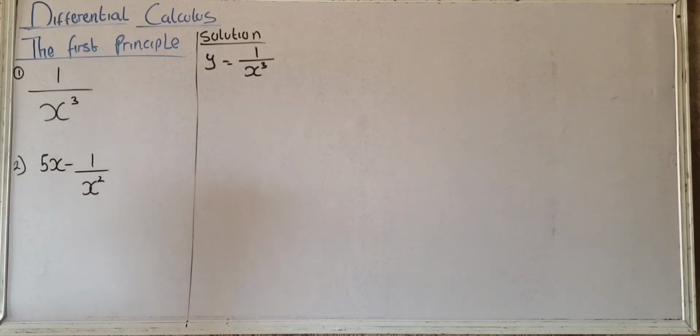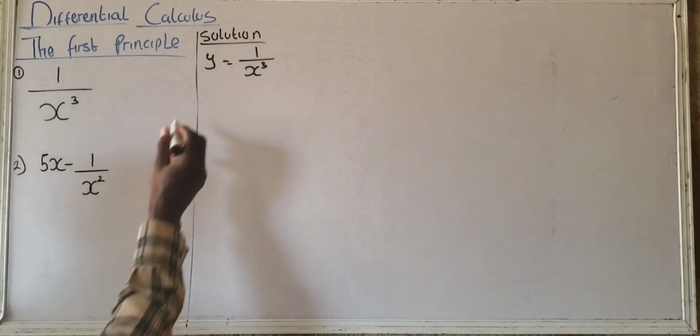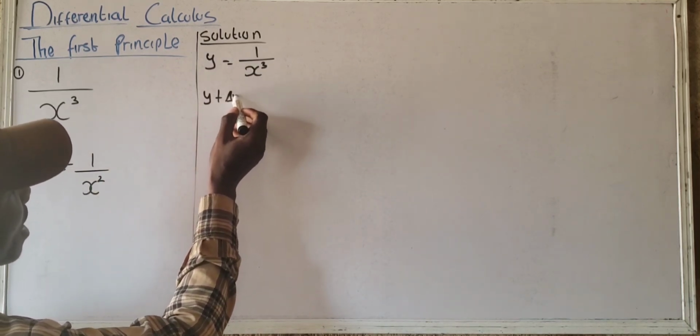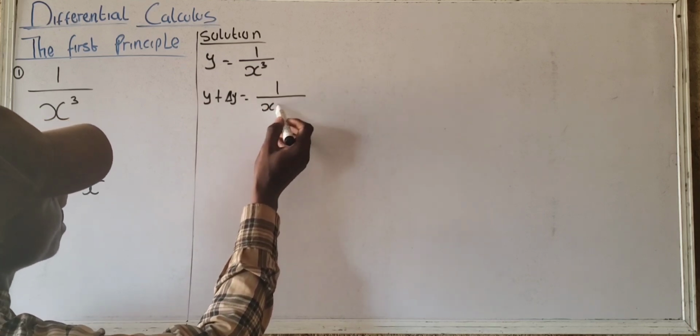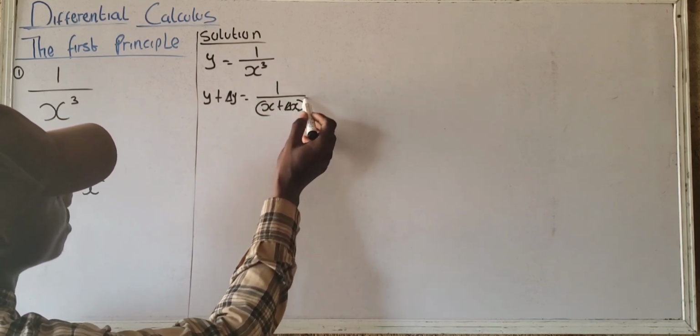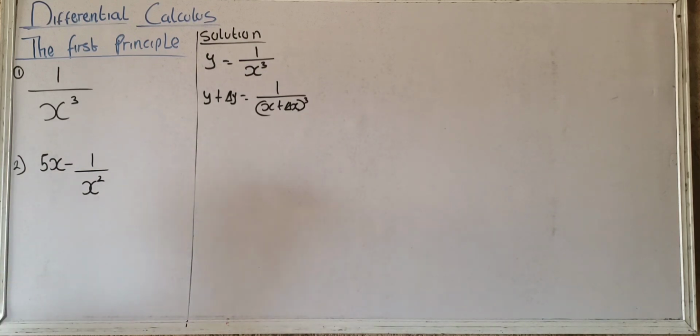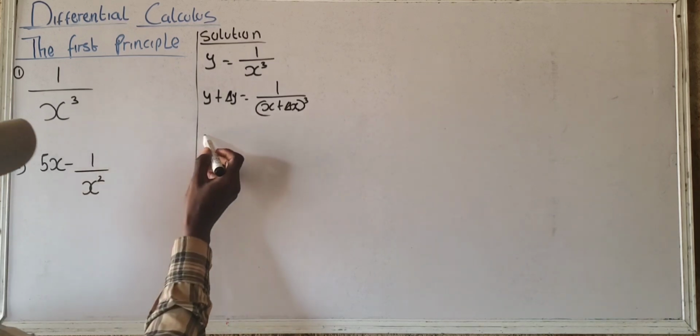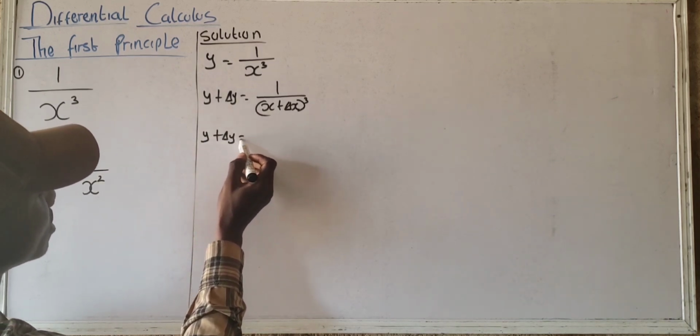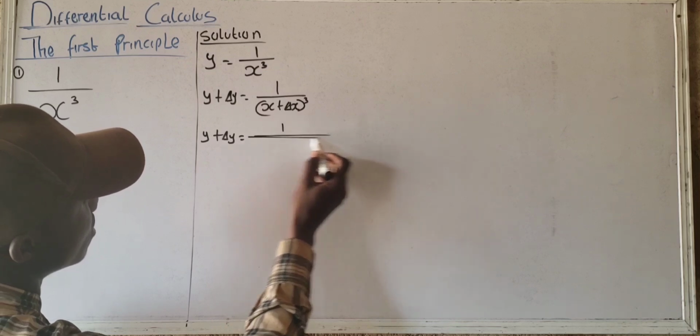Do you understand? Okay? The next step is that we are going to increase x by delta x. That means that there will also be a corresponding increment in y by delta y. You understand? Okay? So here I'm going to have y plus delta y is equal to 1 over x plus delta x raised to the power of 3. Okay? Now, having done this, the next step is that you have to expand x plus delta x raised to the power of 3. So here I'm going to have y plus delta y is equal to 1 over,